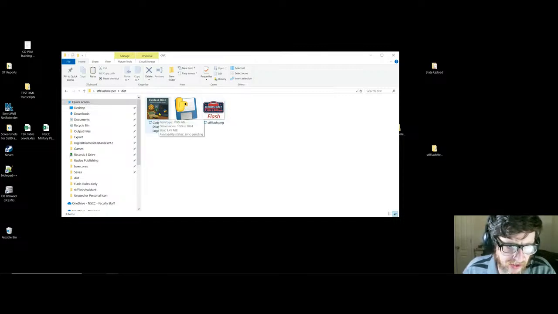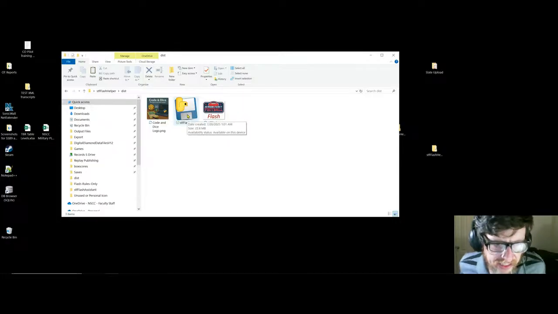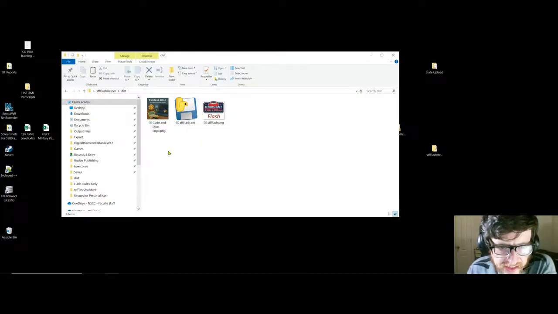Here's the logo for the Facebook group Code and Dice. Here's the Season Ticket Football Flash logo. And here is the executable file, which is like a regular desktop application. And you can see, like I said, I was lazy and I didn't put the logo inside of the file or anything, just because this is a below beta version, but it'll work for now. So if you double click that to open it,